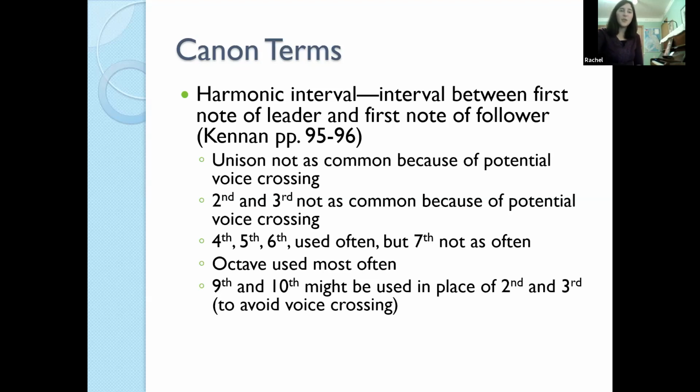You could actually use a ninth and a tenth as substitutes for a second and third. So again, the second and the ninth would be the same thing, but just adding an extra octave in between. So if our main problem, let's say we're writing it for piano and we don't want to have this voice crossing going on, then let's say here at the second, they're going to be so close, just bump it down an octave or bump this up an octave, something like that, okay? And that's going to make it work a lot better.